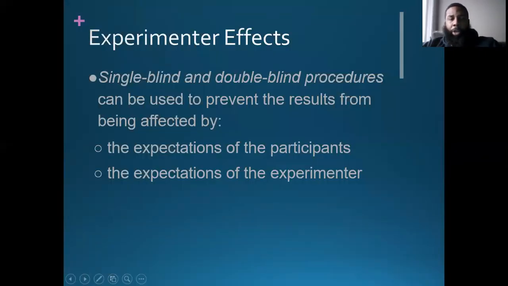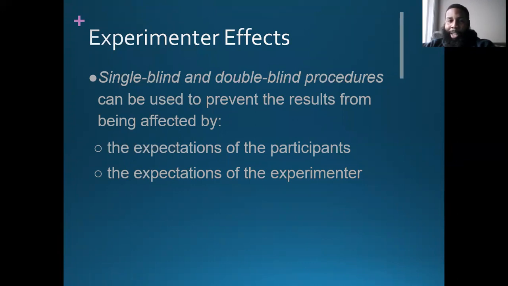All right, so single blind and double blind procedures can be used to prevent the results from being affected by the expectations of the participants and the expectations of the experimenter. Remember, we spoke a little bit about bias last week,